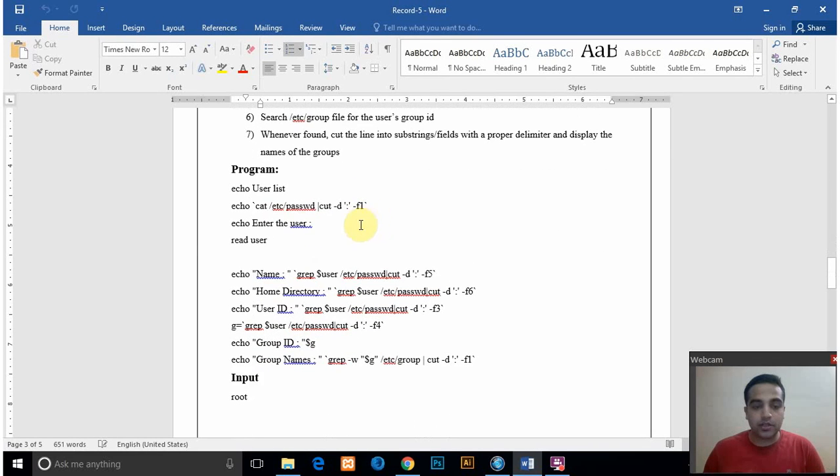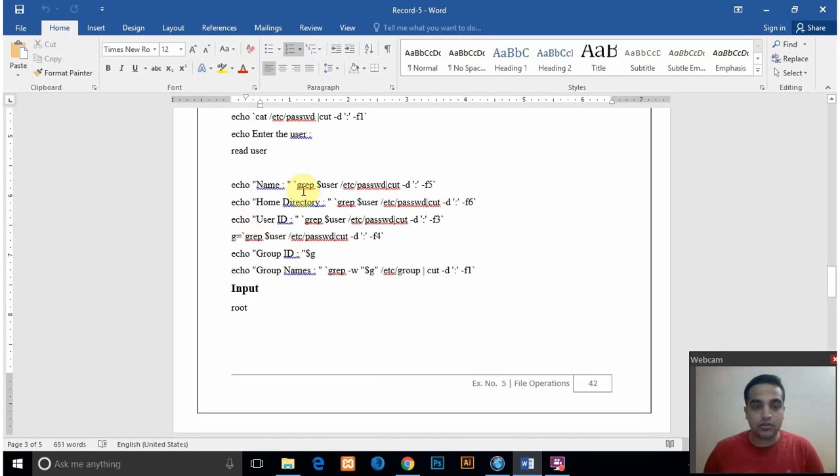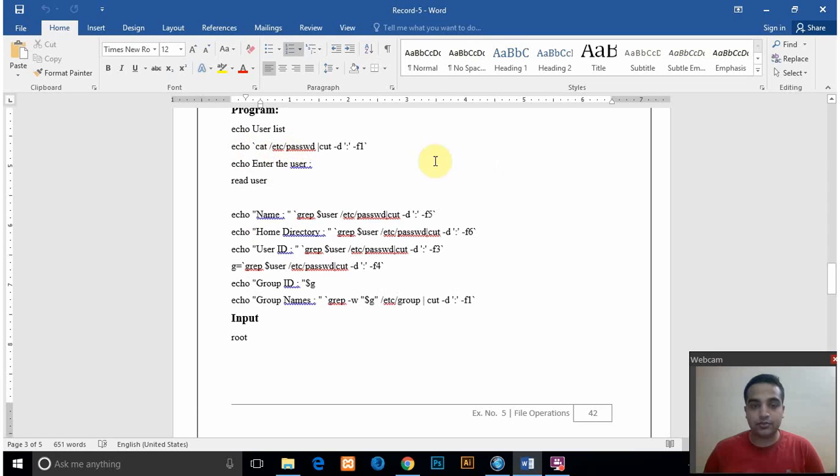First of all, we display all the possible users that we can search for from the /etc/passwd file. For that, we have to cut the file based on the delimiter colon and print the very first field. For displaying, we use the cat command. Cat is actually used for concatenation, and we can use the cat command for displaying also. Then we print the list of all the users.